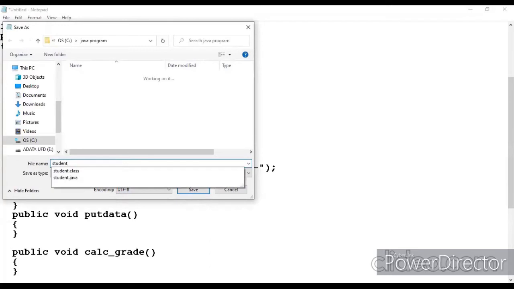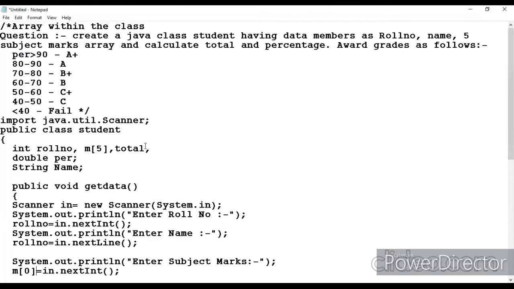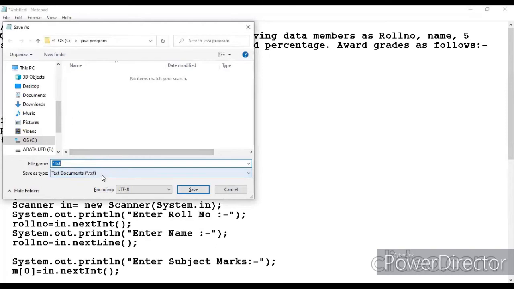I have to save it with the name student.java, but this already exists. So I have to change the name of my class, student1 or student_new I can take, and the same I will take for the name of the class.